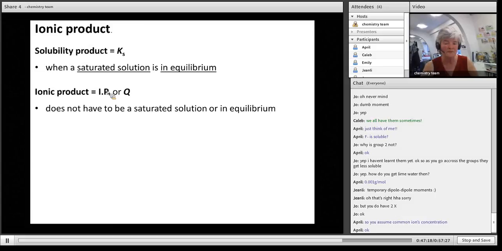So my substances are not in equilibrium yet because I'm busy reacting them, and so we talk about an ionic